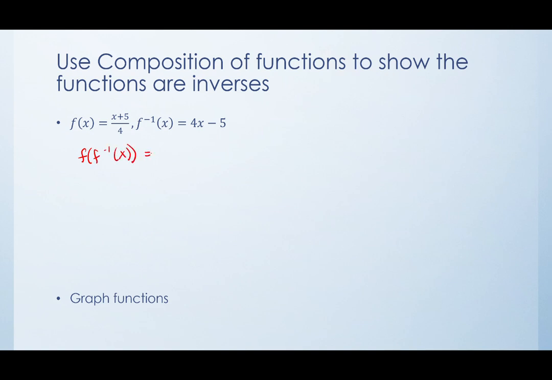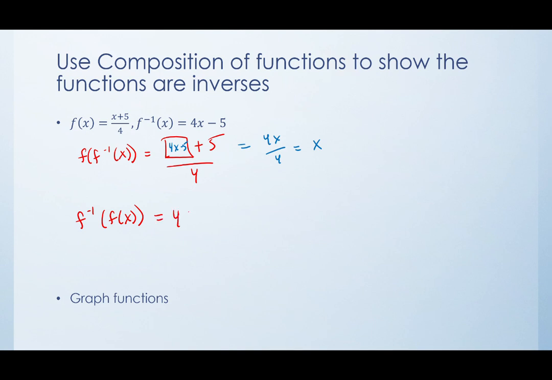So that would be, I'm going to draw this as everywhere we've got an x in f of x, we're going to put in f inverse. So we're going to put in 4x minus 5. So when we simplify this, we're going to end up with 4x minus 5 plus 5 over 4 is equal to x. And then if we do the same thing in the opposite order,